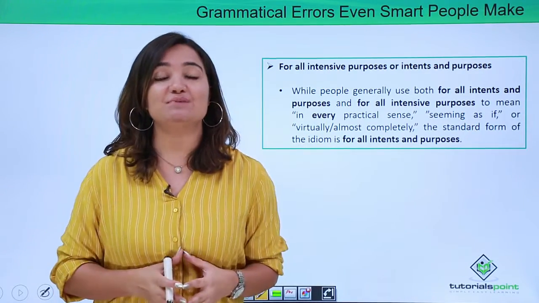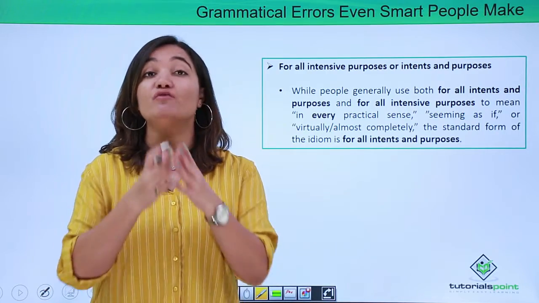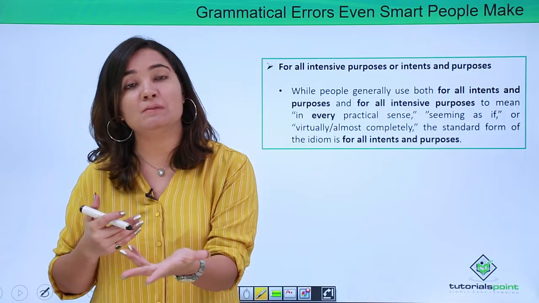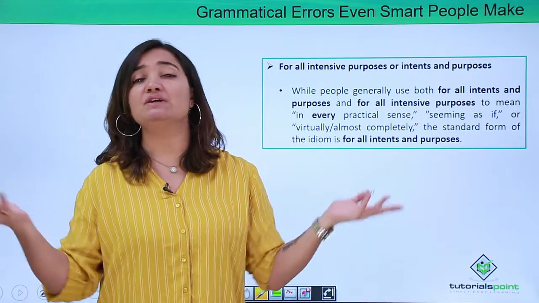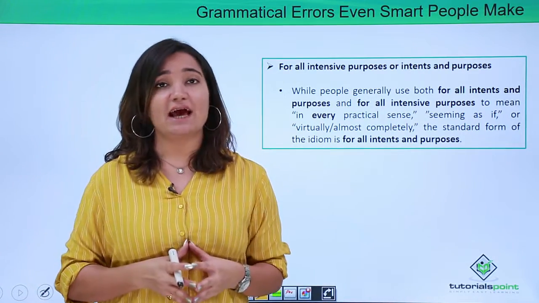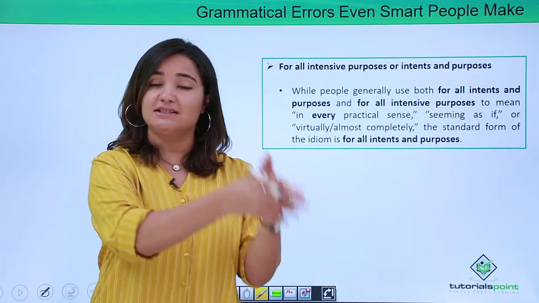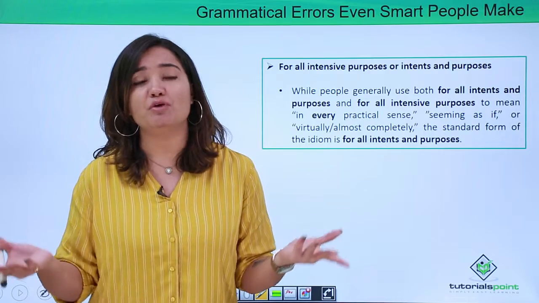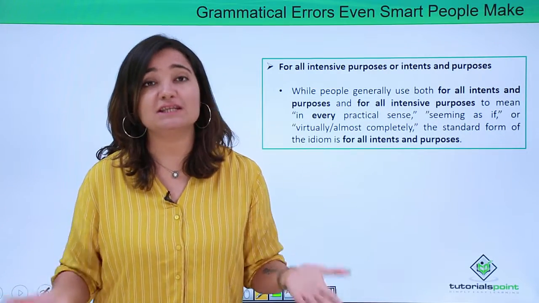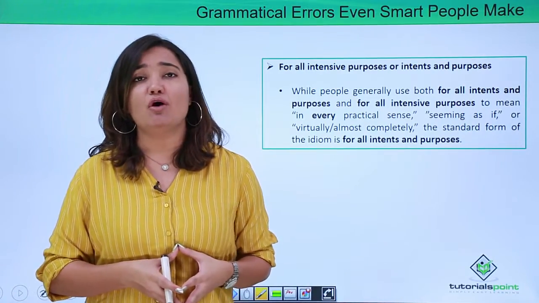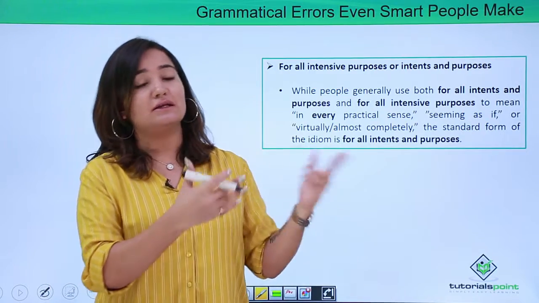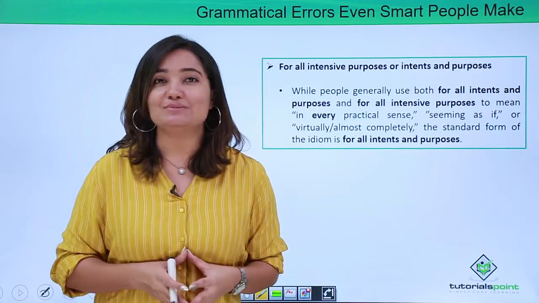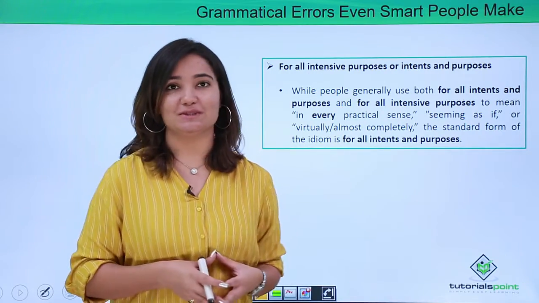Though it sounds the same and maybe we construe it to be the same, it is not. The correct expression which needs to be used is "for all intents and purposes," which means in every practical sense. For example, for all intents and purposes, we require this team in our company. This could be an appropriate usage according to the context. But if I say, for all intensive purposes, we require this team in our company, it would not be right. So try not to mistake it next time whenever you use it.